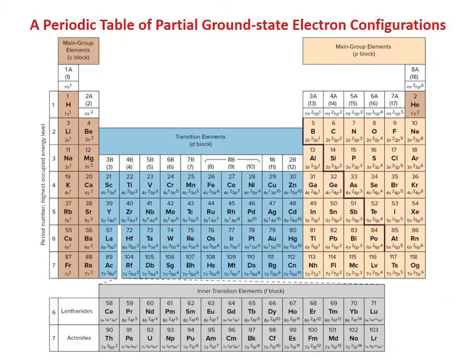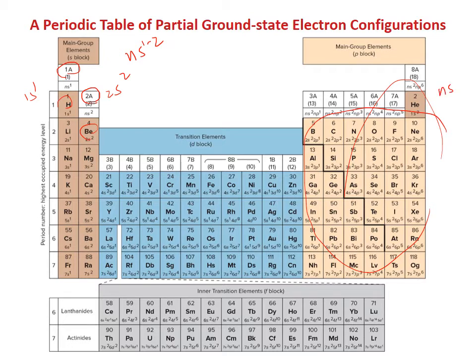Here shows the periodic table, and group 1, group 2, these are s block because the outer-electron configuration contains s orbital. So for example, hydrogen is 1s1 and beryllium 2s2. Okay, so they are ns1 to 2. So they are s block, and these elements, okay, they are p block because the outer-electron configuration